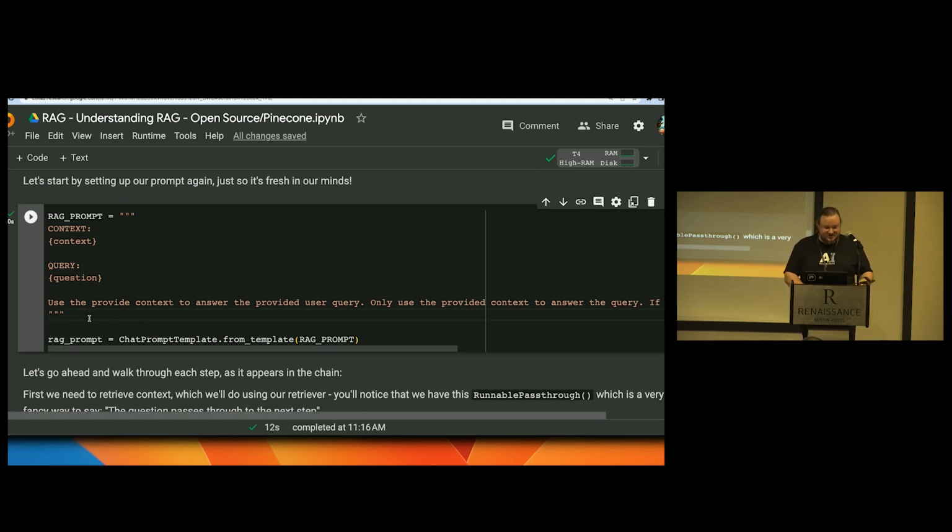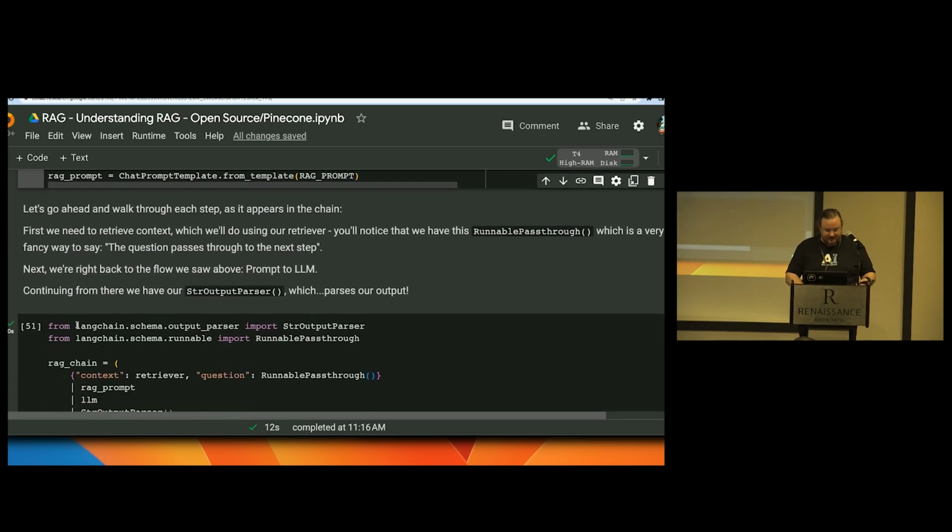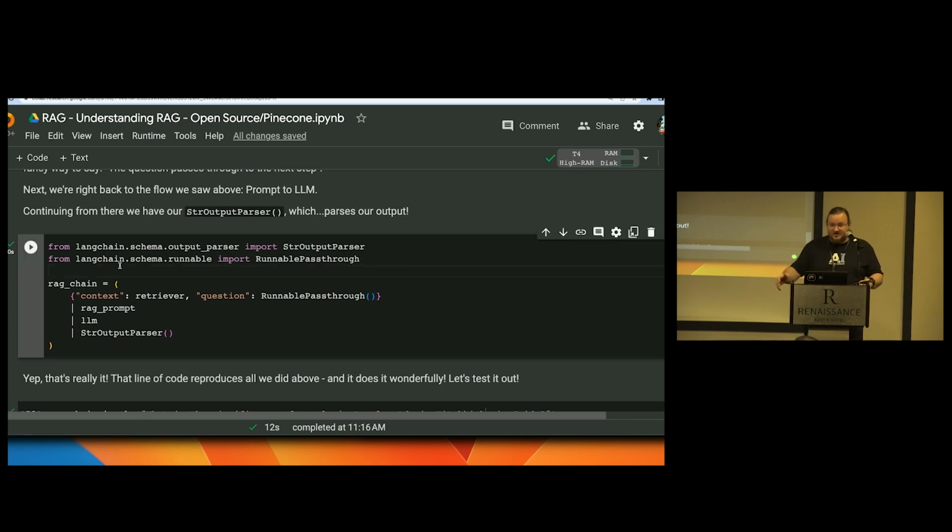Next thing we're going to do is create our RAG prompt. You'll notice that this is extremely similar to the prompt that we had earlier when we were doing our naive RAG, right? It's the same thing. We just need a chat prompt template that has the capacity to have our context and our question, and then has this kind of instruction of use that context to answer our question. And then we're going to create the RAG chain, and this is where we're going to see that LCEL